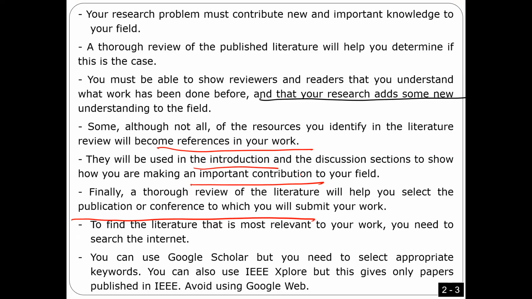If it is a conference, you will see what is the expectation for a conference. If it's a journal, you can see what is the expectation of a journal. Okay. You will understand the other stuff. Okay, so now, to find the literature that is mostly relevant to your work, you need to